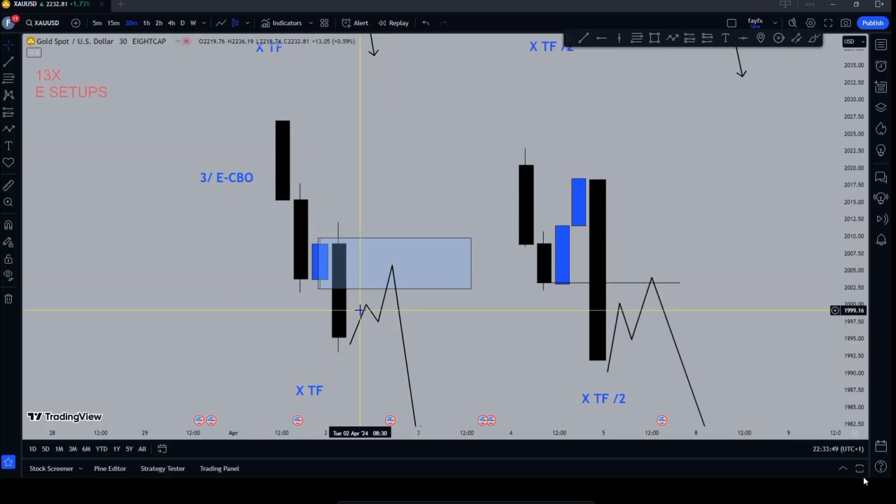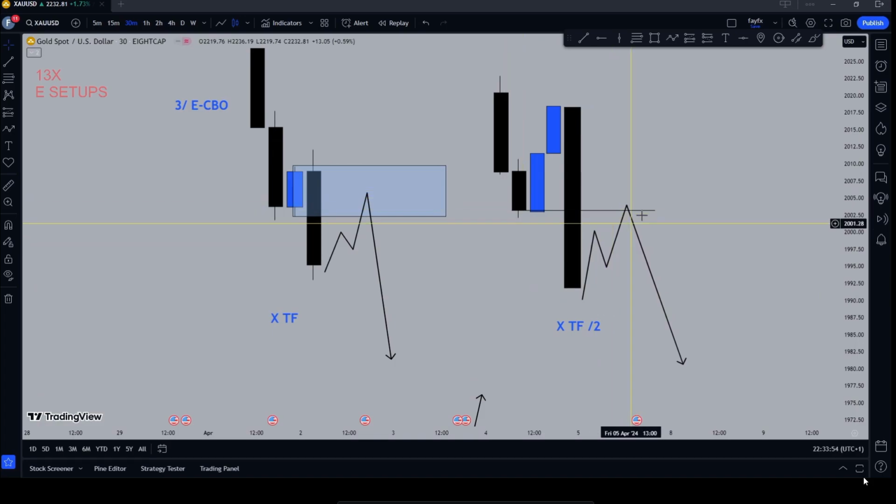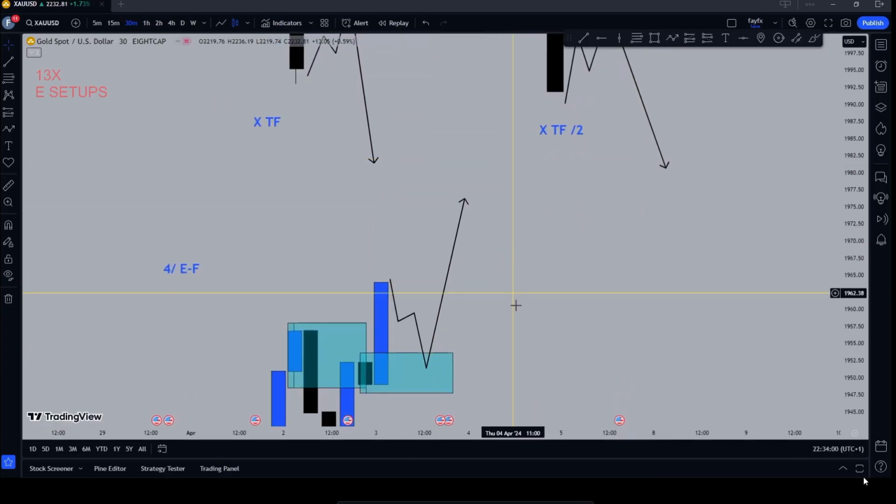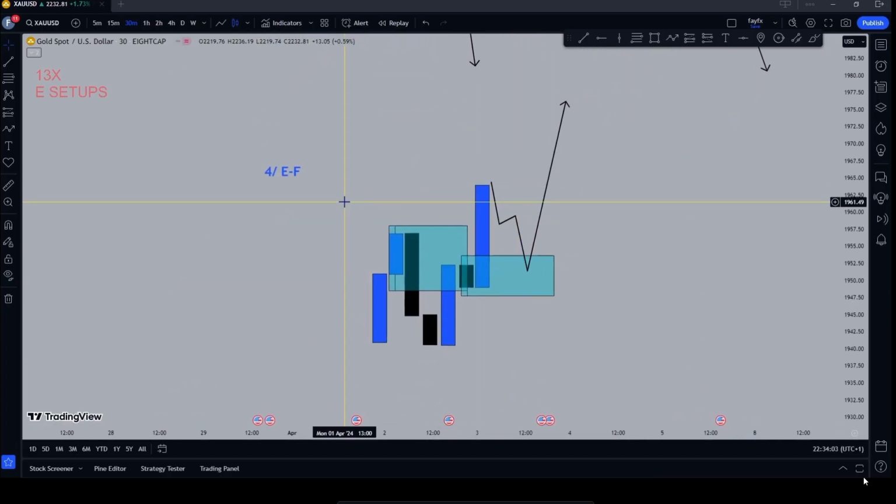Use it for continuations. Price came up to visit the level. We wait for our confirmation to enter here. And the fourth one is the engulfing fail. We are only concerned about a fresh